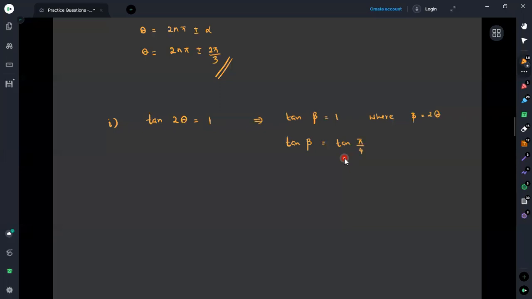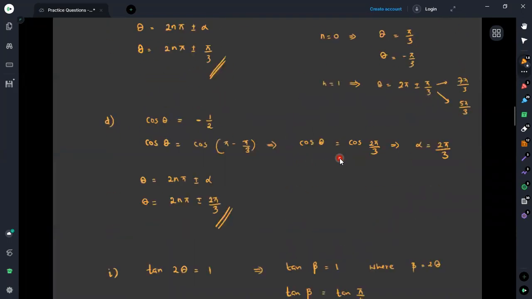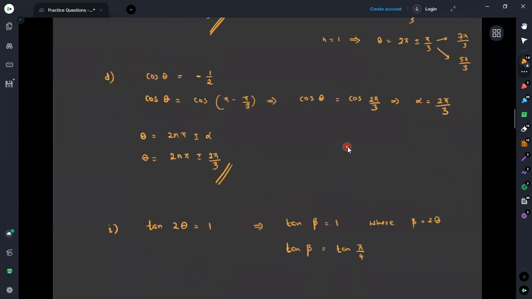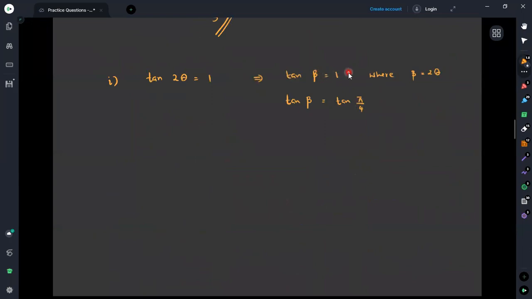Then what we know is tan of 5π over 4 is equal to 1. It is the least possible solution that we can get, because we can get positive values for tan in the first quadrant or the third quadrant only. Therefore, we'll try to find the solution from the first quadrant. Then we are getting the value for beta is equal to 5π over 4, where the value of alpha, or the principal solution, is equal to 5π divided by 4.